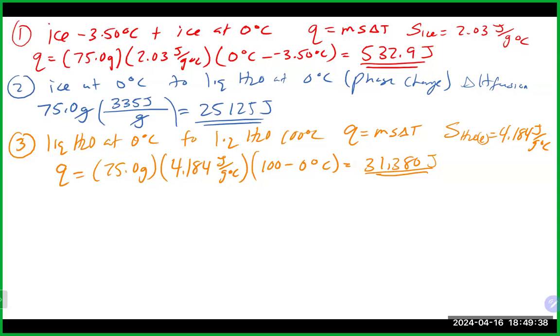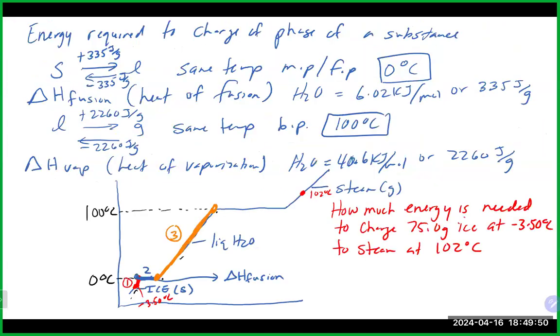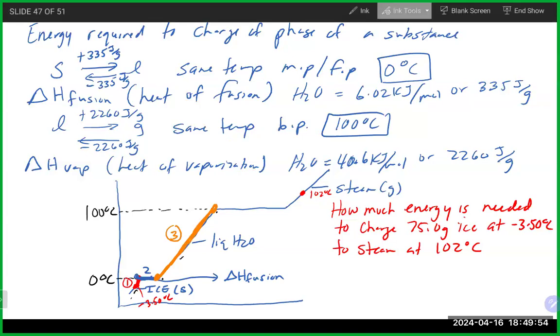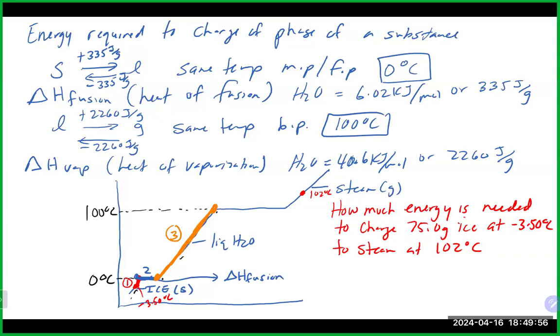Now I am sitting at liquid water at 100 degrees. I want to eventually get to steam at 102 degrees. In order to do that, if we look at our graph, wherever my graph went, I am sitting right here. What do I have to do to get over to steam? I have to do another phase change, right? I got to take it from 100 degrees, which is the normal boiling point of liquid water,